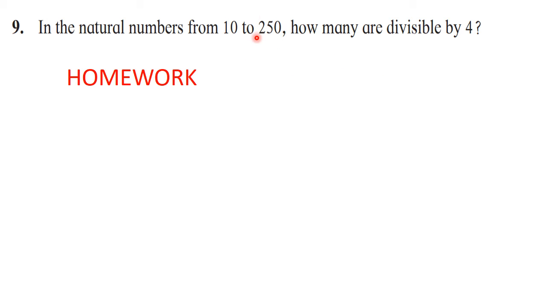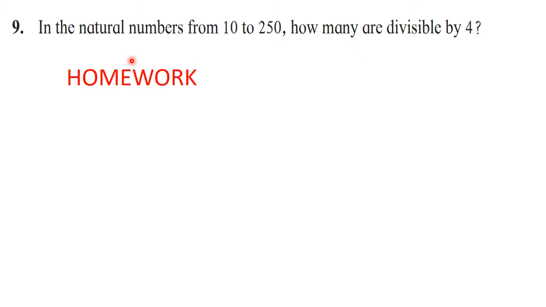And then you can write down the last number. Now see, 250 is not divisible by 4. How to understand? You have studied about the tests of divisibility in lower standards. So here you have to see the last two digits. If they are divisible by 4, then the number is divisible by 4. So here 50 is not divisible by 4. So 250 is not divisible by 4. So you have to think of the number prior to that. So what you can write there is 248 is the last number in this AP.